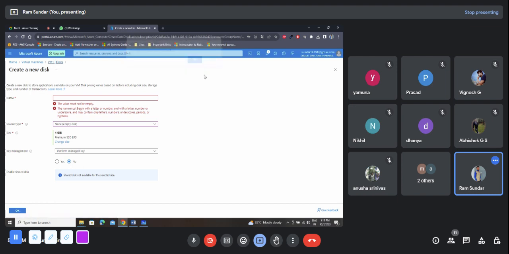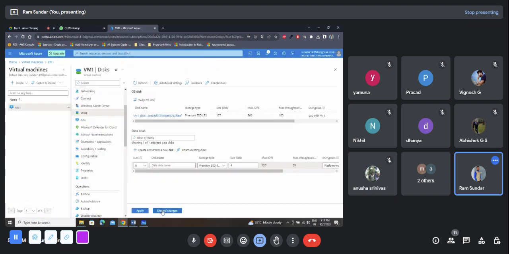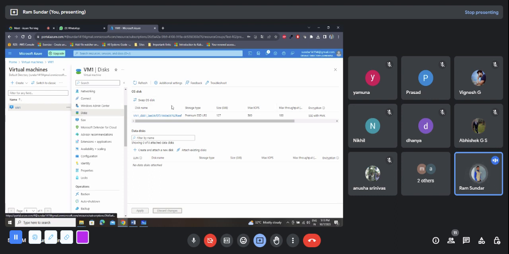Sorry, Discord changes. Okay, so disk details we have to see here, and